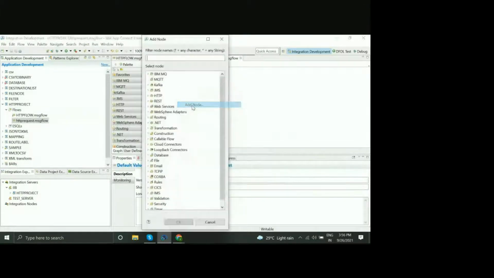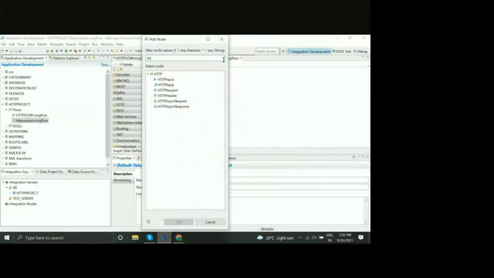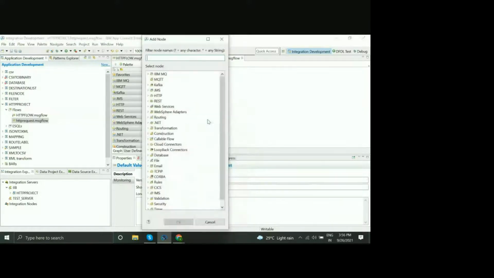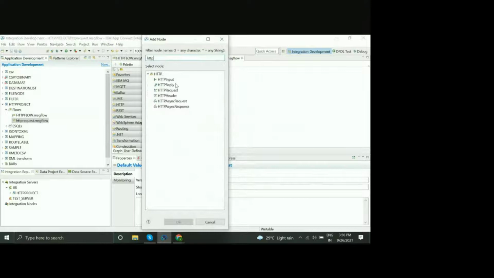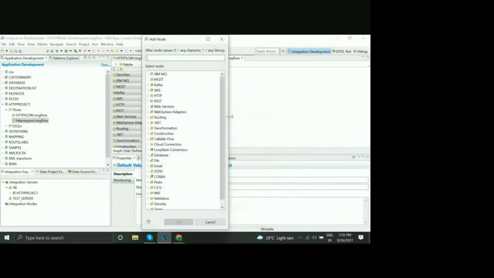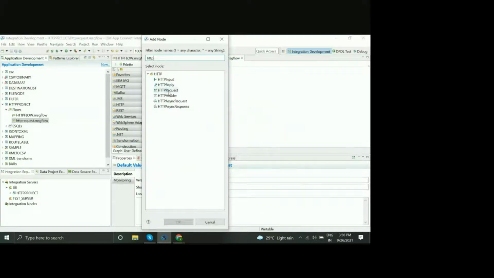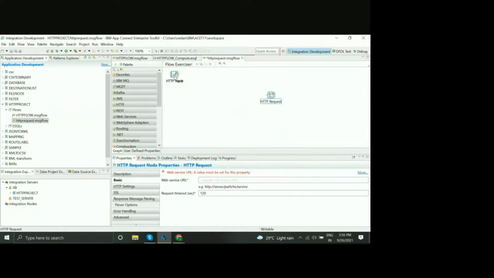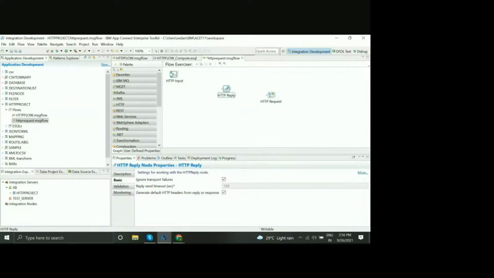Add HTTP input, reply, and request also, all three.